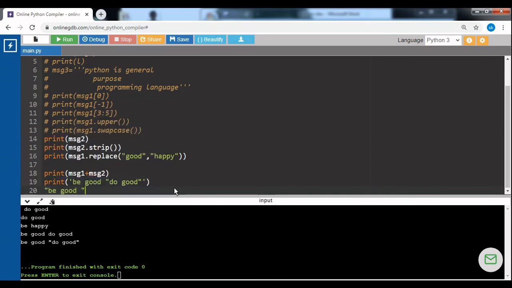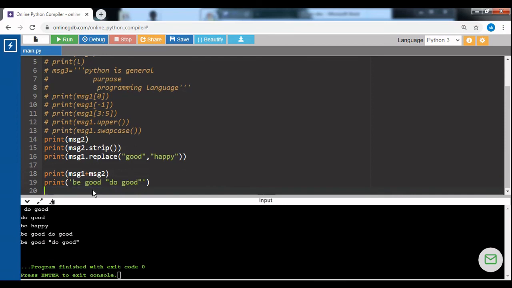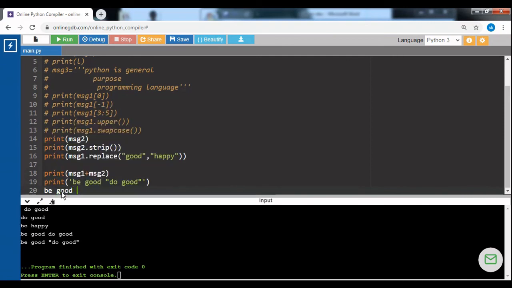Then I want "do good" to be within double quotes, right? So in this way I want be good, do good.